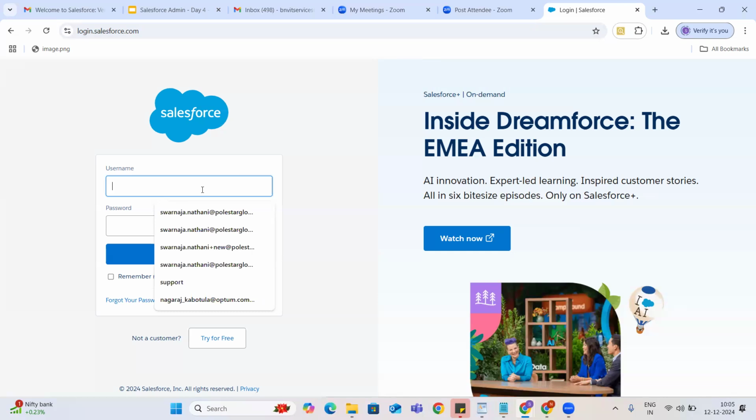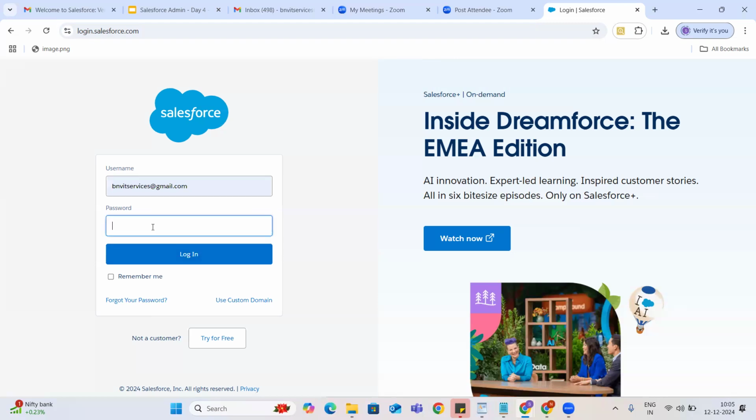So I'm going to log into my org. This is my username and password. And one more thing, never ever bookmark these things, guys, username and password. I have seen plenty of scenarios with my previous batches when they were attending interviews. In the interview, they will ask you to log into your personal org and write or show some scenario.